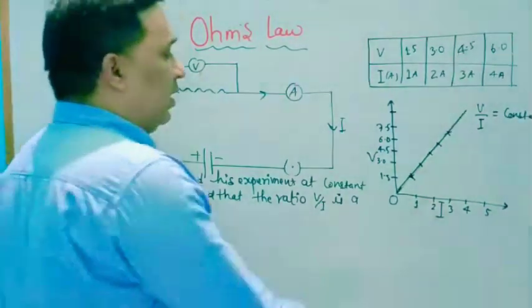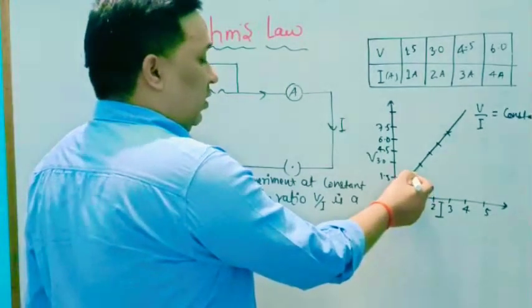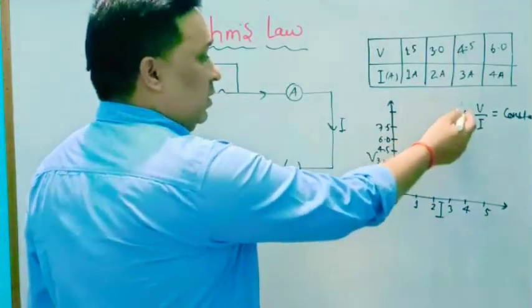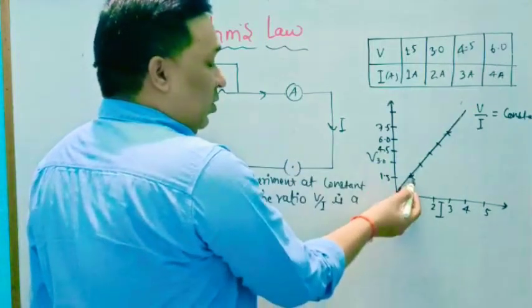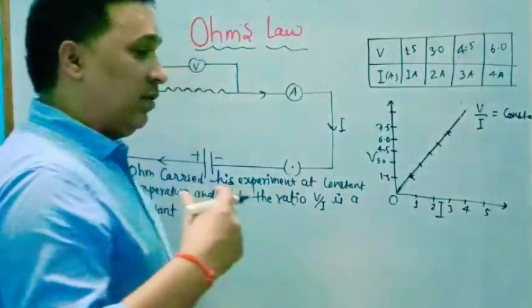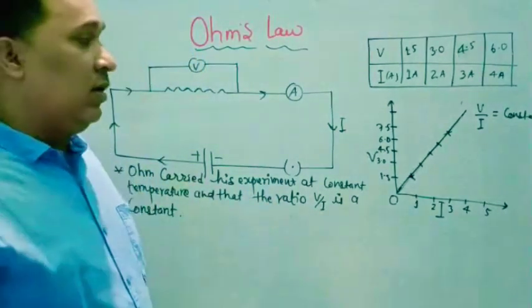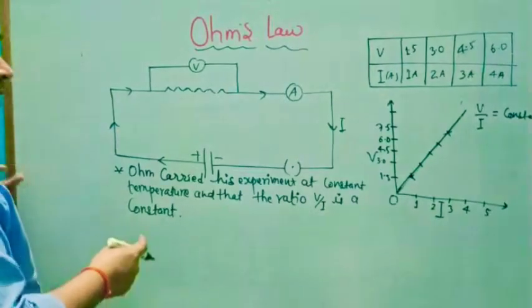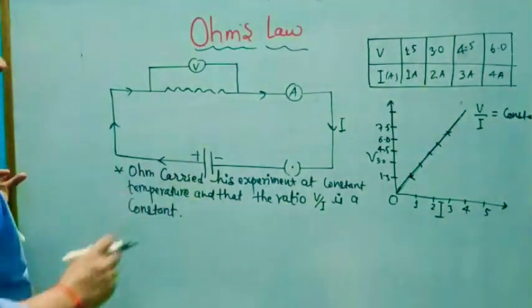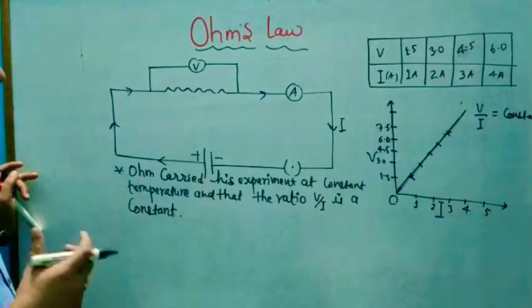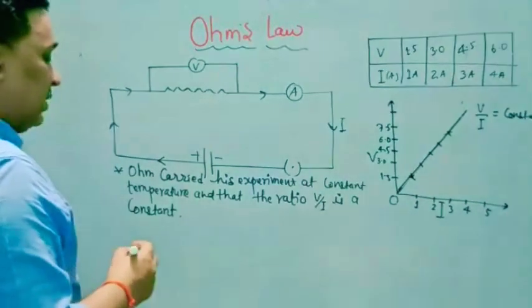Anyway, if you take any point on this graph line, the corresponding value of I, that is current, and the corresponding value of V, and find the ratio V by I, you will find that it is always a constant. By concluding his activity, he stated his law, that is called Ohm's law. And this law states that